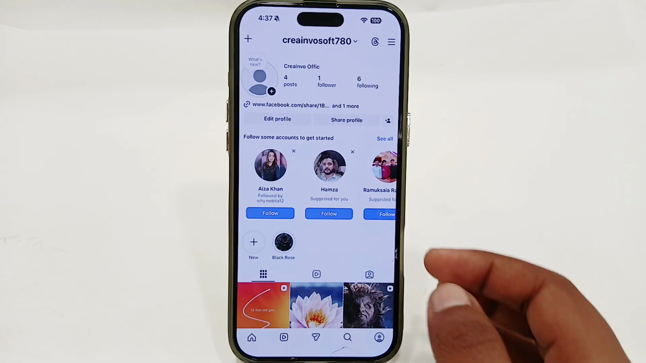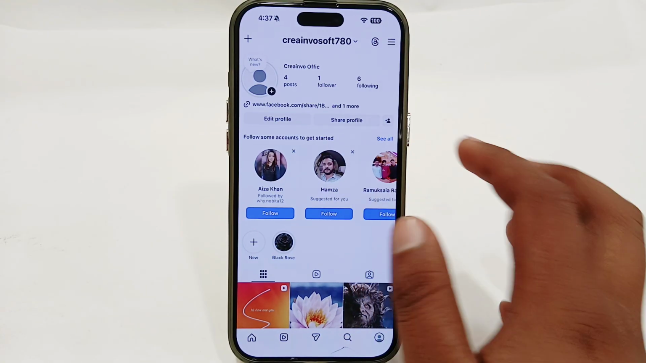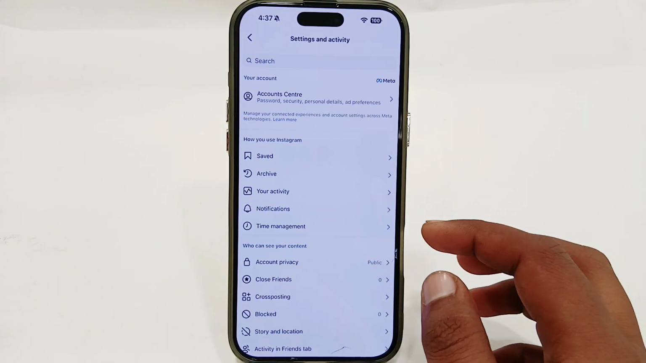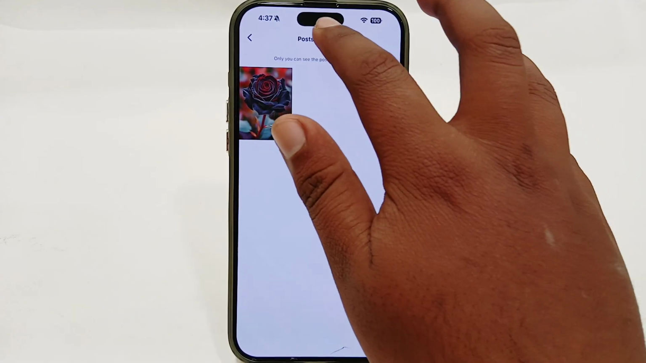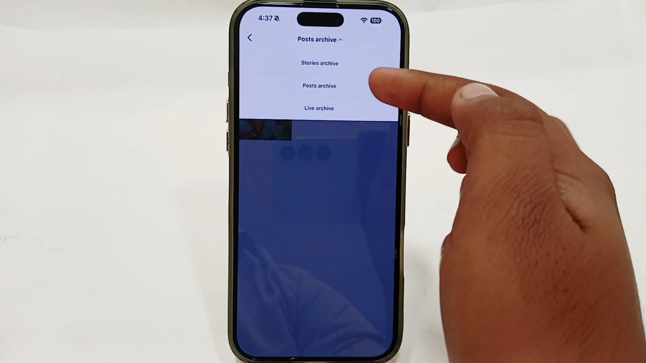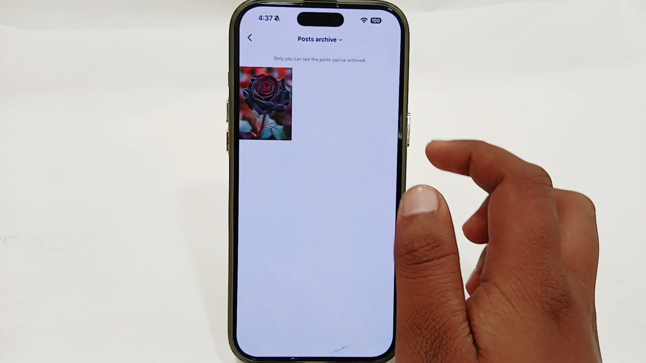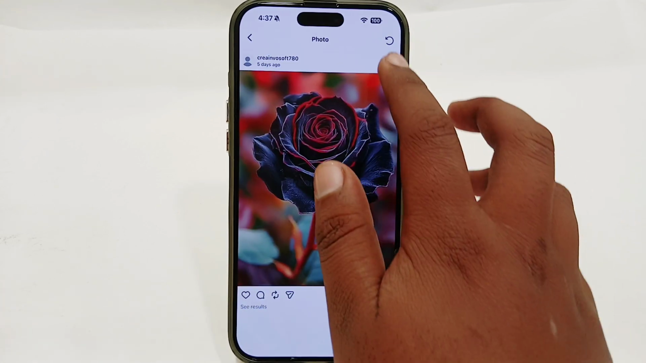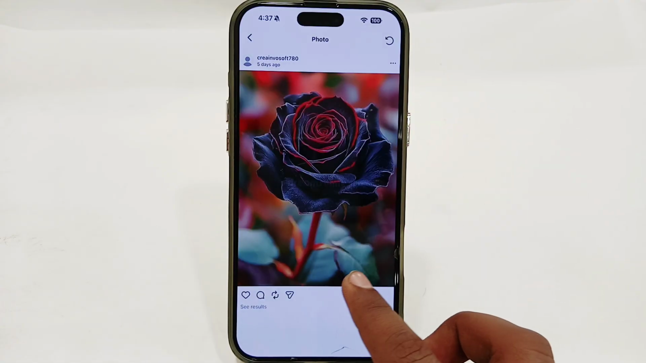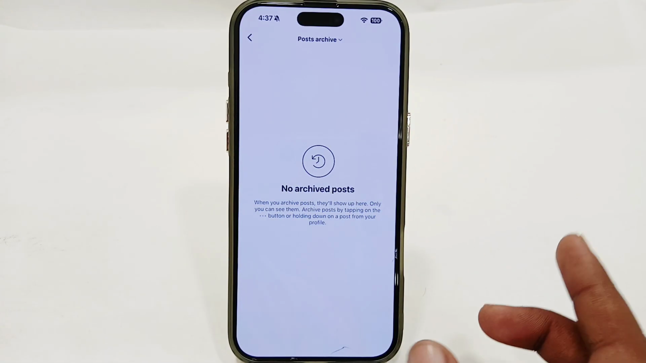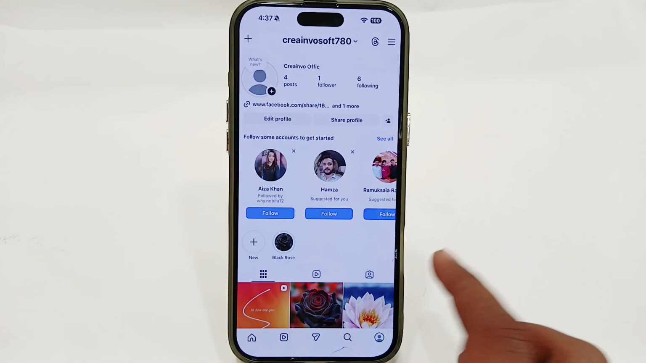Now to do that, you have to tap on the three horizontal lines in the top right corner, and then select archive option here. And here you just have to tap on this option and select post from here. Just select post archive. Select your post, tap on three dots, and here just select show on profile option, and it will be unarchived. So in this way you can easily archive and